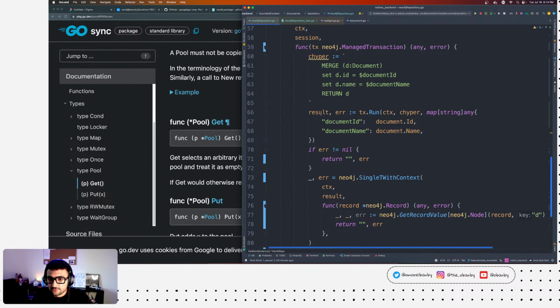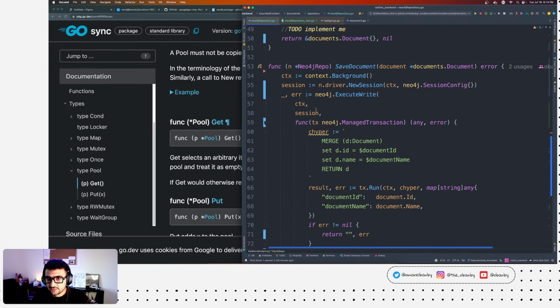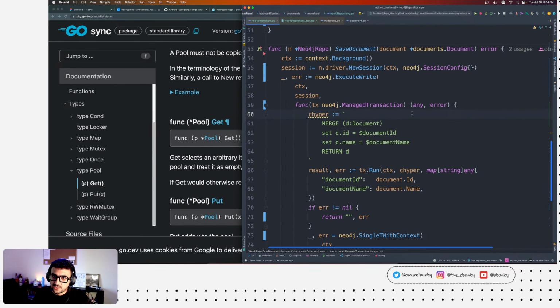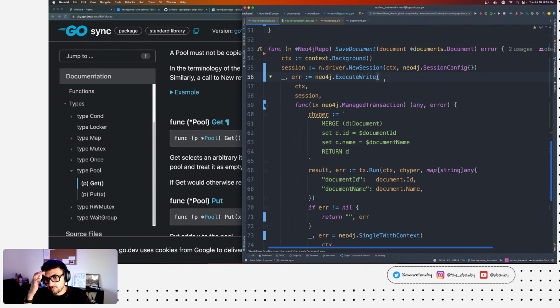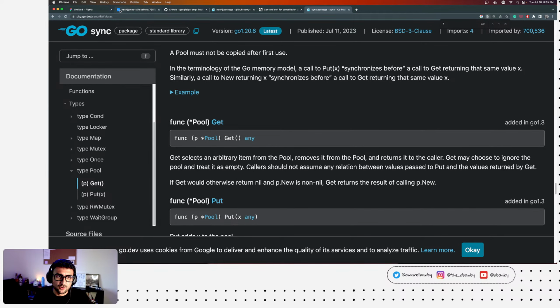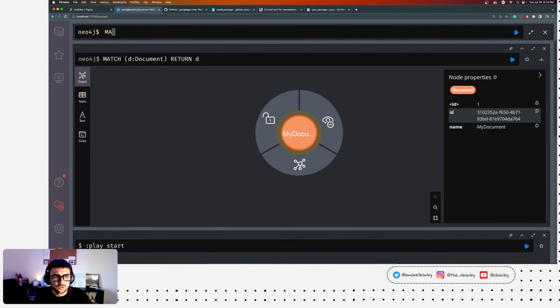All right, now let's get back to implementing, actually no, one second. For the saved document, we skipped one important aspect, right? And that is we are saving a document, but we're not associating it with any users. And for the users, we don't really have any user model right now yet. So we haven't really talked about how a user is going to be implemented, right? But we know conceptually from the graph that we're going to have, I don't know if we created any users. I think we did.